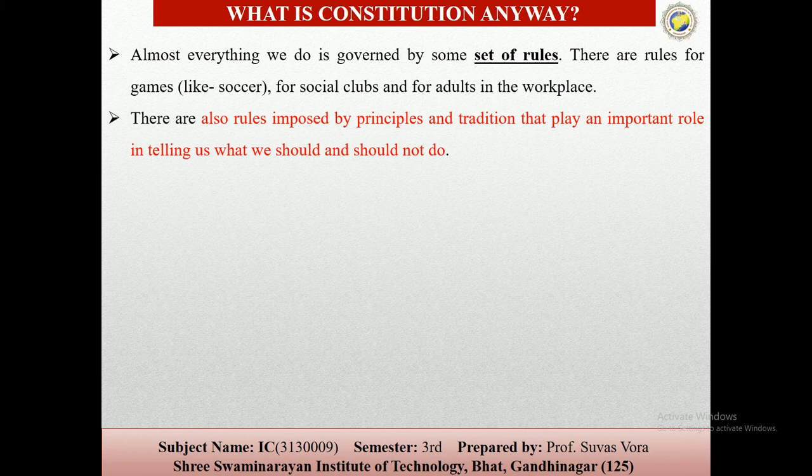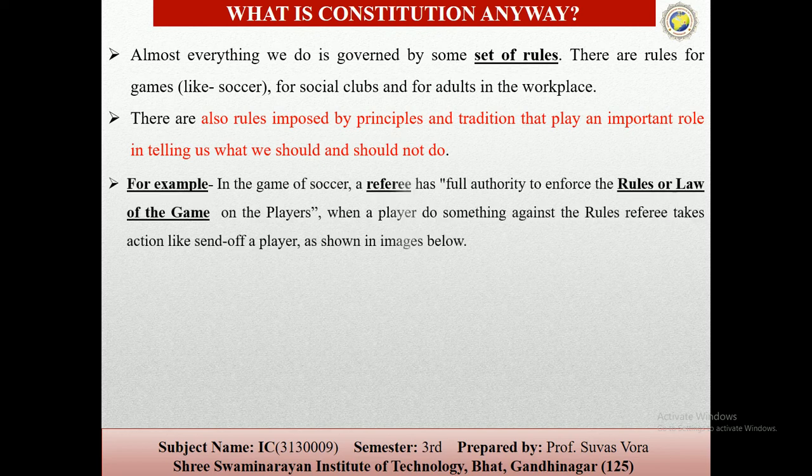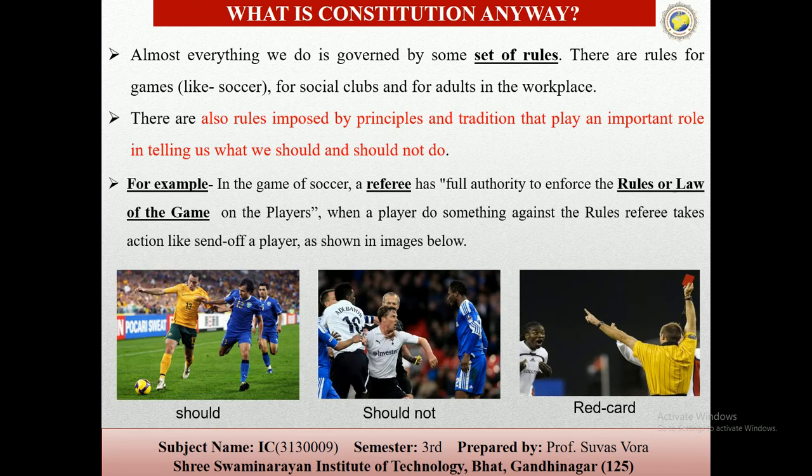यानी कि सभी ट्रेडिशंस और प्रिंसिपल्स का बहुत इम्पोर्टेंट रोल्स है। उसमें लिखा होता है क्या हमको करना है और क्या हमको नहीं करना है। तो अगर मैं सॉकर्स यानी कि फुटबॉल्स की बात करूँ तो यहाँ पे आप देख सकते हैं कि आप किसी को पुल अप नहीं कर सकते, आप किसी के सामने शाउट नहीं कर सकते। ये सब रूल्स के अगेंस्ट हैं। सो इन द गेम ऑफ सॉकर, द रेफरी इज द गवर्नमेंट।